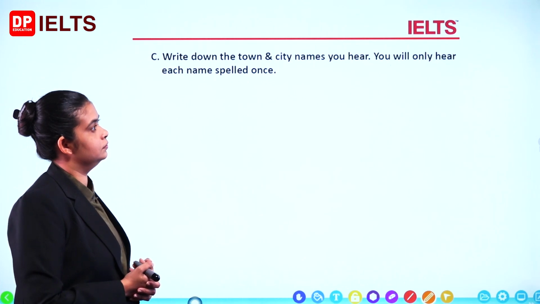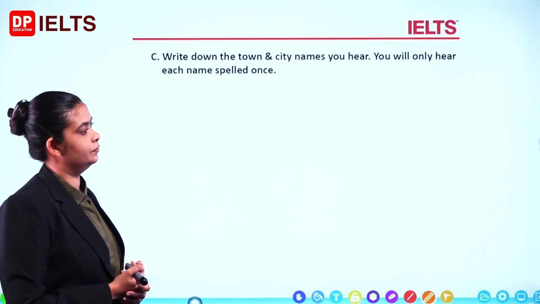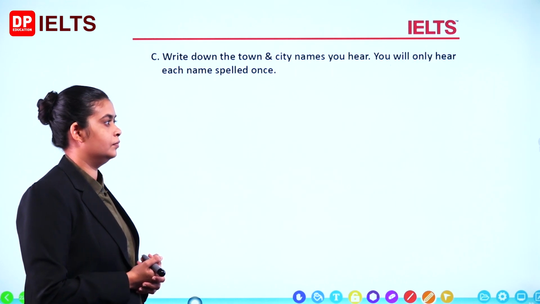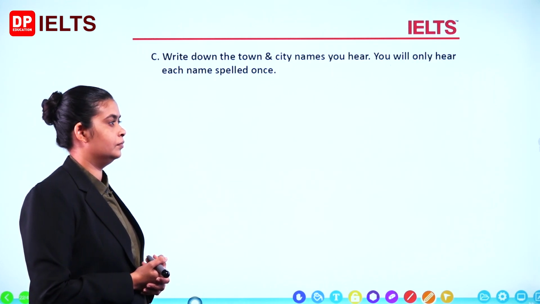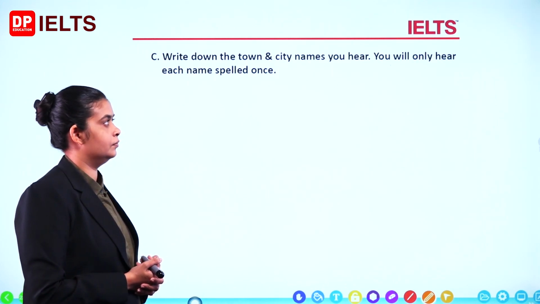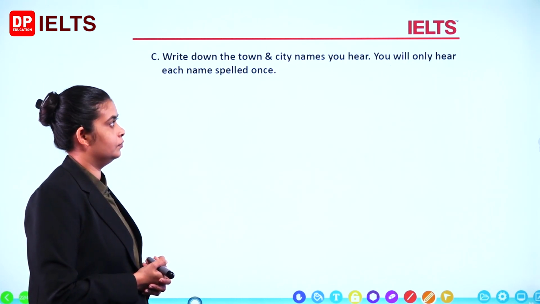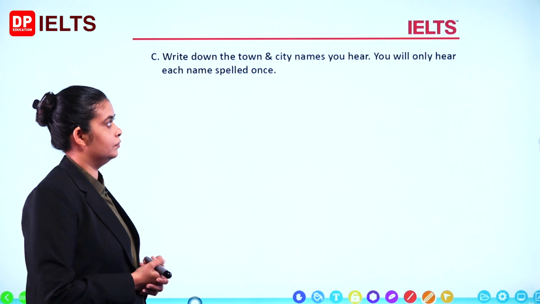G-I-L-L-I-N-G-H-A-M. Number 11, Goole. G-O-O-L-E. Number 12, Ormskirk. O-R-M-S-K-I-R-K.